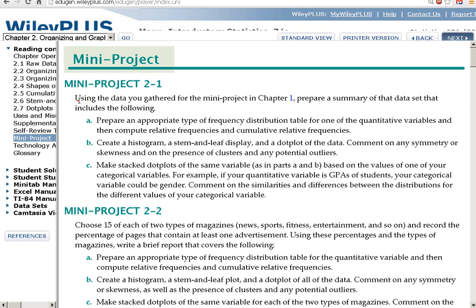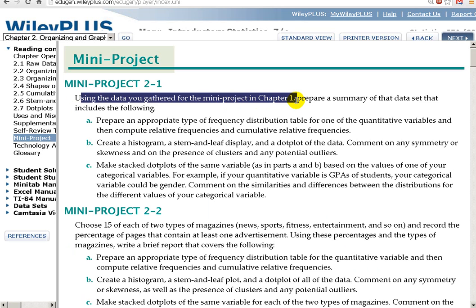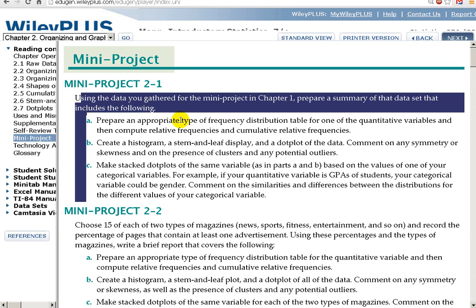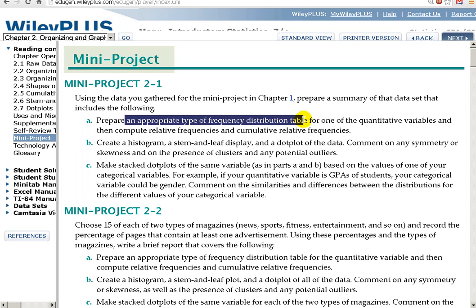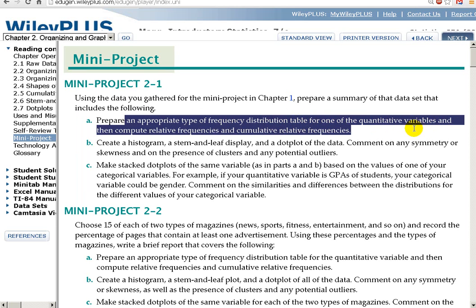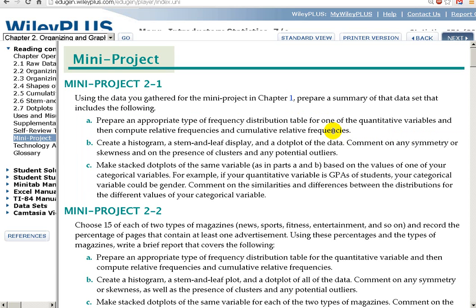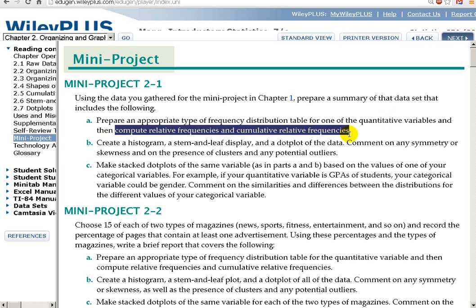The first one is using the dataset you gathered in the Chapter 1 mini project. Prepare a summary of the data that includes the following: an appropriate type of frequency distribution table for one of the quantitative variables, and then compute the relative frequencies and the cumulative relative frequencies. Okay, so you have your data set. You want to work with, you have several different variables. They want you to work with one of the quantitative ones and compute a relative frequency and a cumulative relative